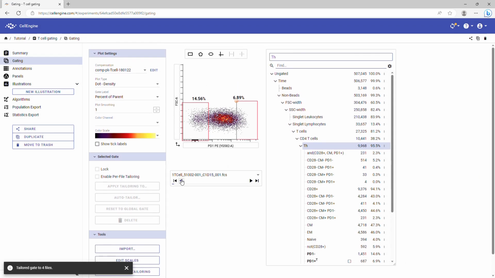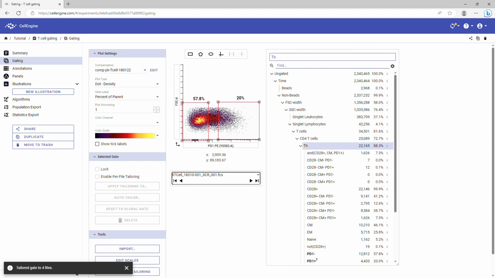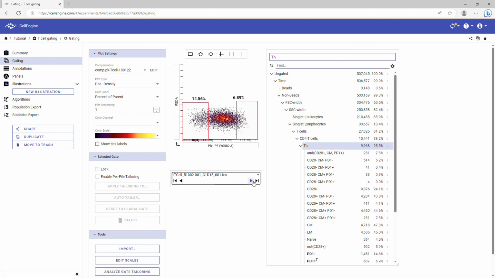There's only one control sample for this experiment for each donor, so the gate on the control will always be set at the percentile threshold. If there were multiple controls, an average of the control data would be used to set the position of the vertex. The experimental sample from the same donor then has been set in the same place, so now we can compare each donor back to the control. In some cases, the distribution of data will make it impossible to set the gate at exactly the percentile value. In those cases, CellEngine will set the value as close as possible.